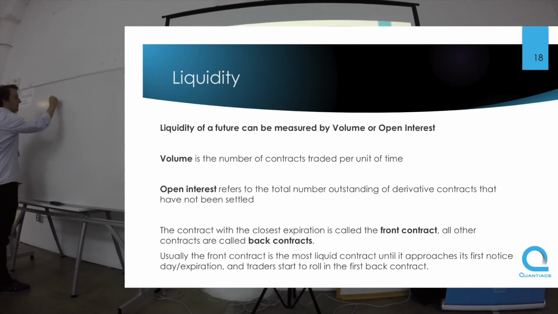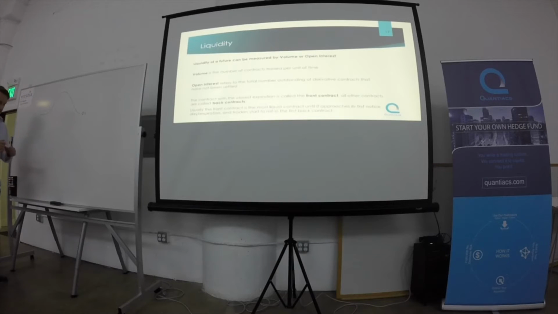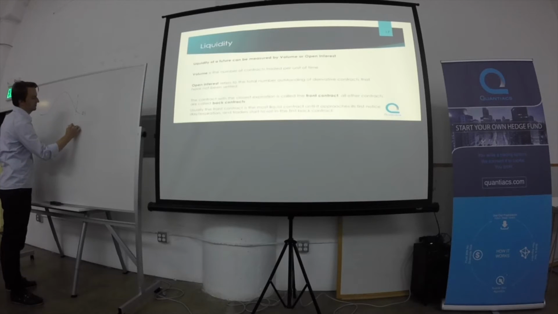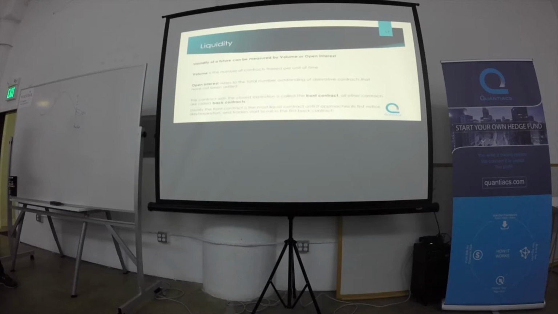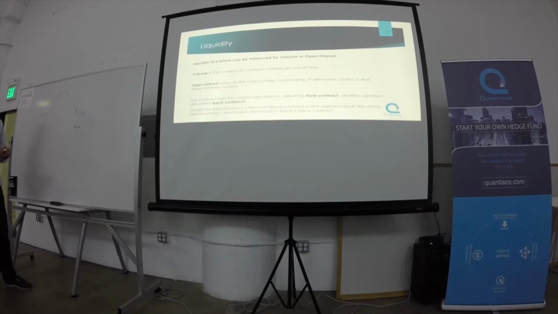Let's assume we have this open interest of the front contract, and at some point, the first back contract, because let's say this is first notice or last trading day, whatever. So people who still have a position in that market at this point would get physical delivery. So these are the real hedgers, the guys who really want to get crude oil delivered.